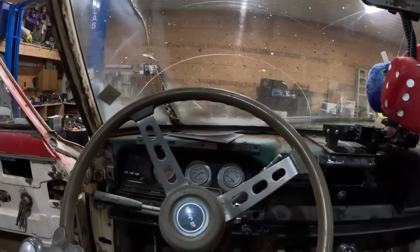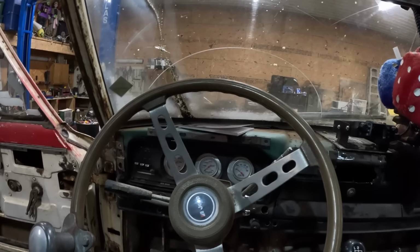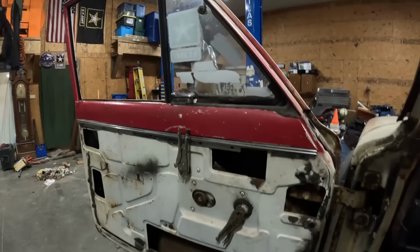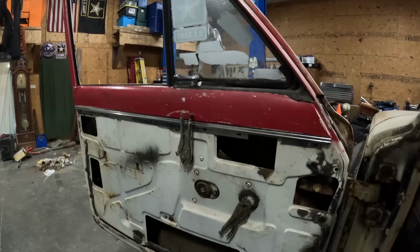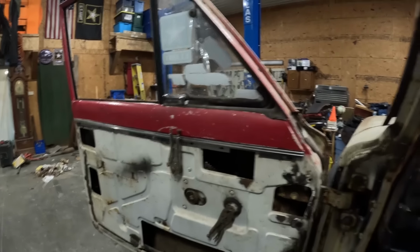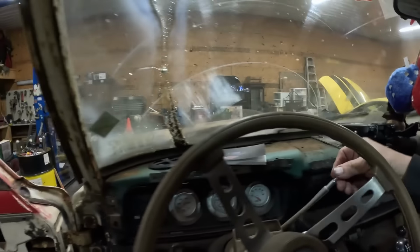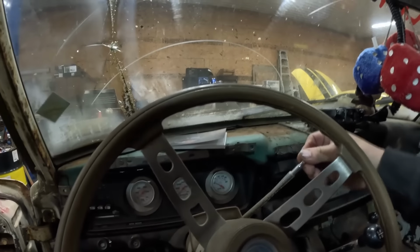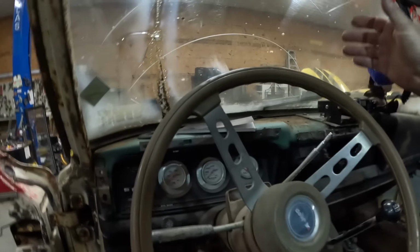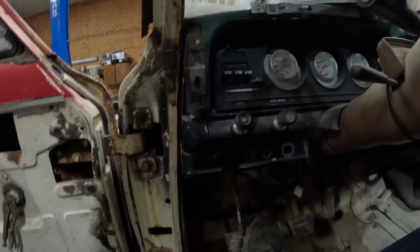And I got that out of a J10 Jeep truck. And I want to point out my custom made window crank and door handle. Those are primo. Gotta love them things. Now this truck, as you can see, was originally an automatic. But after a long time of working on it, I finally got my clutch in here to where I can